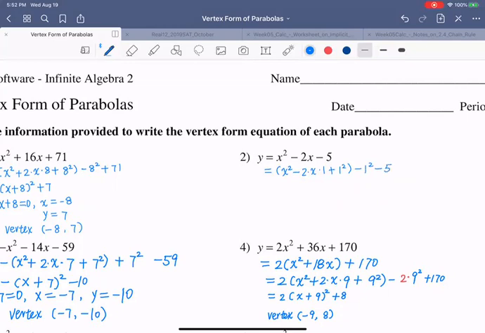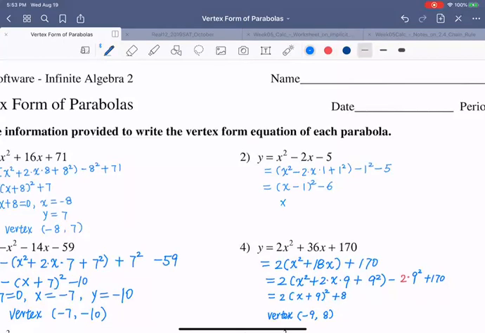And then it's parentheses x minus 1 squared minus 6 equals, just minus 6, and then it's x equals